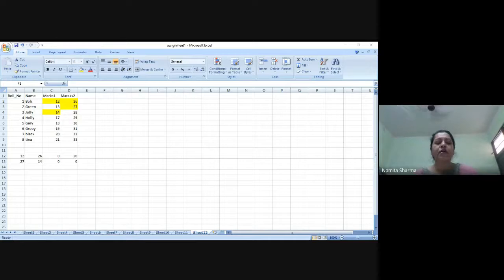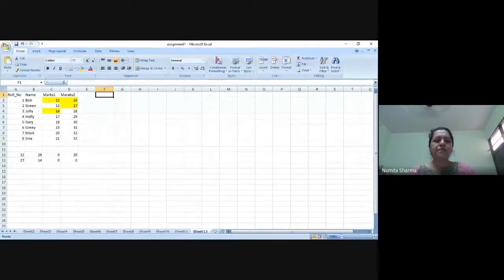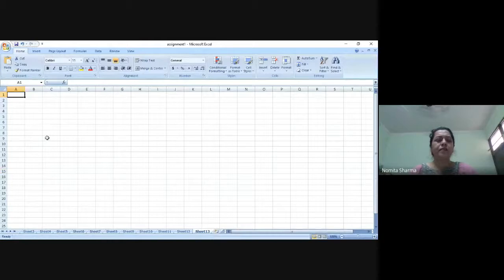I'll also make along with you. You can make a table with the following fields. If I write the fields on the screen, I hope they'll be visible to you. So I'll simply write, let me just work on the other sheet. So I have these fields, if you can see.